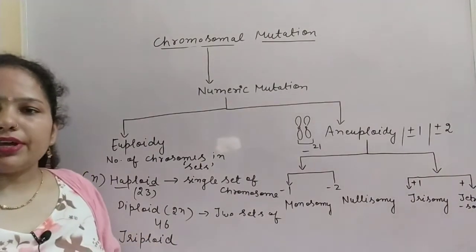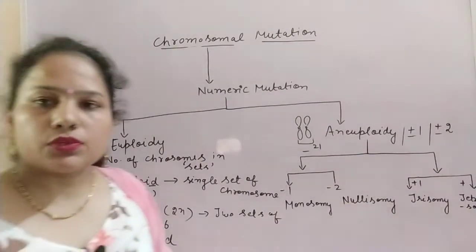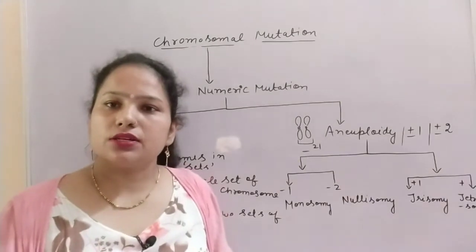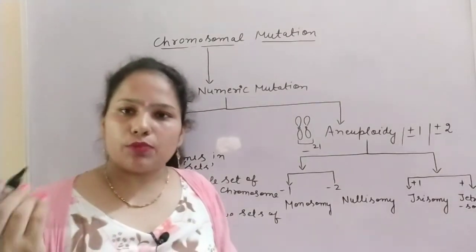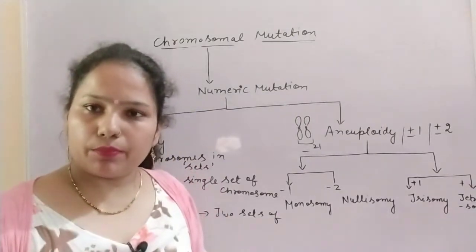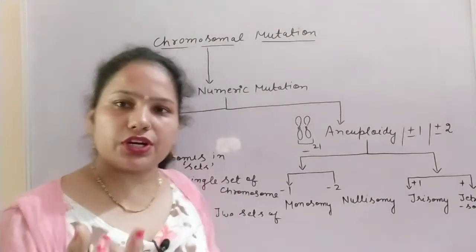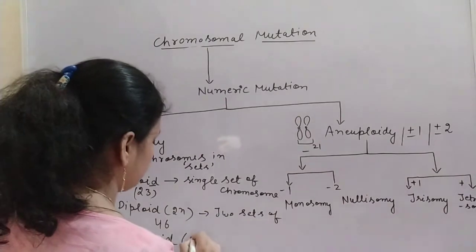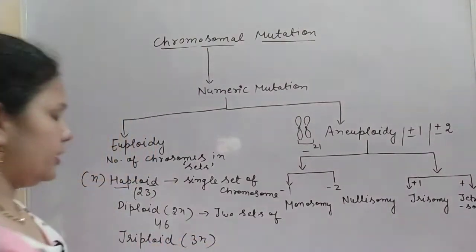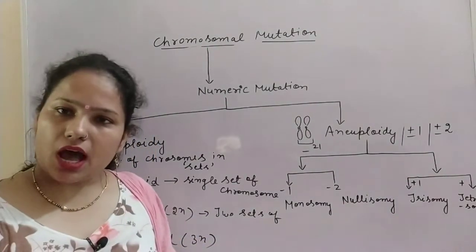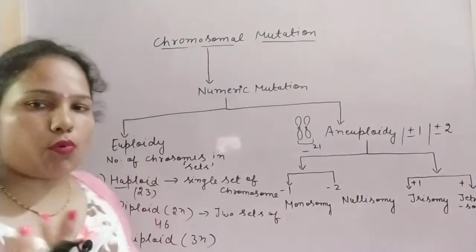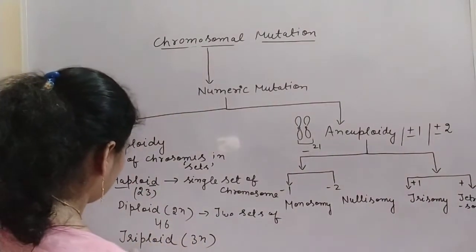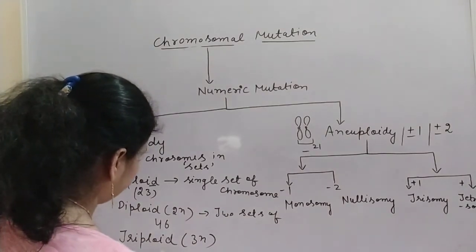You all are aware about the endosperm. So the endosperm, that is the reserve food of the embryo, or that provide the nourishment to the developing embryo. It is triploid, means it is 3n. So 3n, triploid. And if 4 are there, then we can say tetraploid. More than 4, polyploids. So polyploidy.